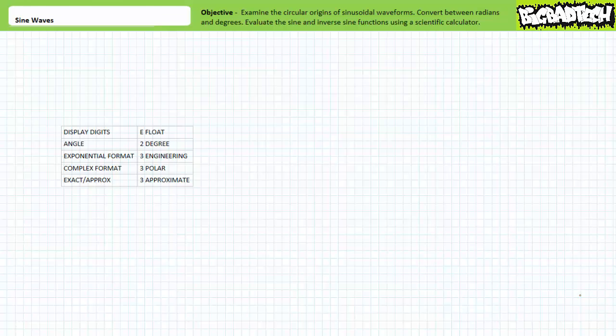The TI-89 won't work well if it's in the wrong mode, and you need to be able to get it into the right mode as quick as possible. The first F1 screen has four options that need to be set up properly: display digits, angle, exponential format, and complex format. Walk down to the display digits using the down arrow key and then press the right arrow key